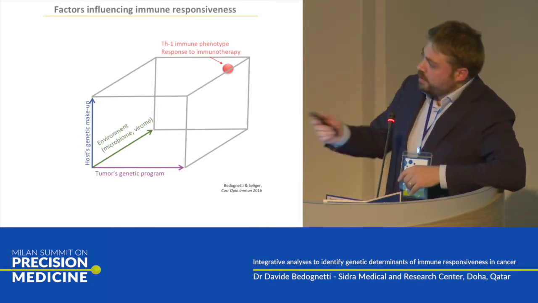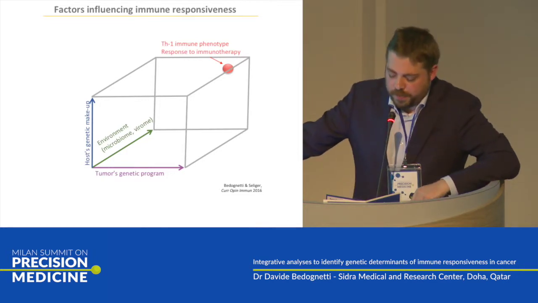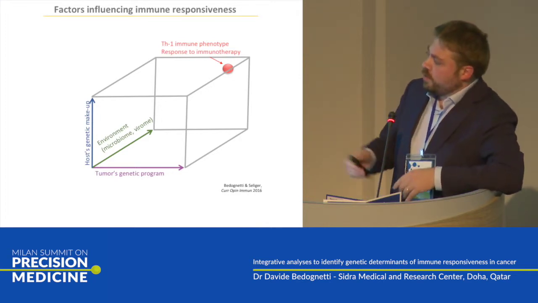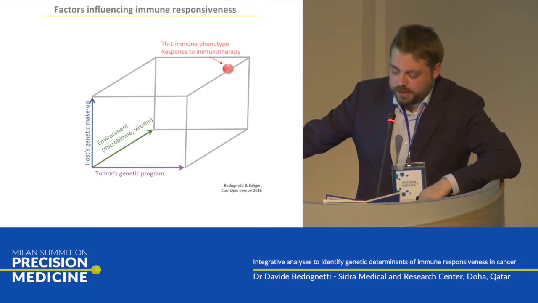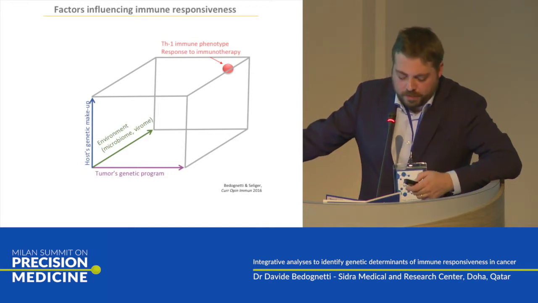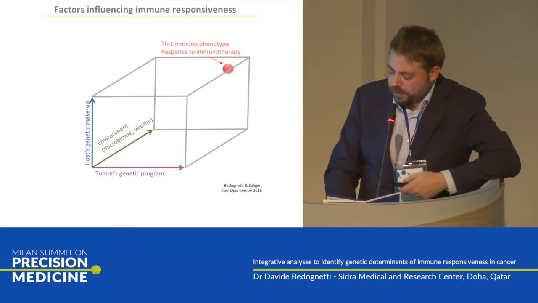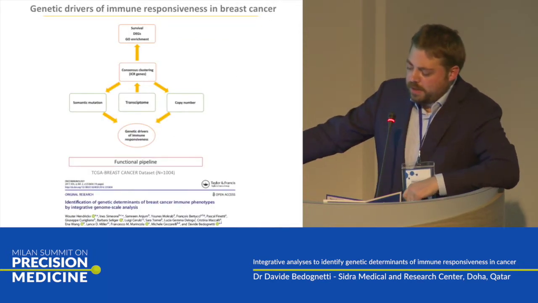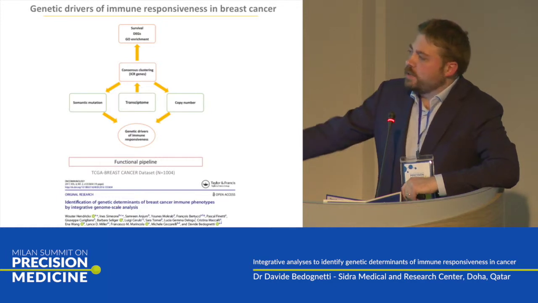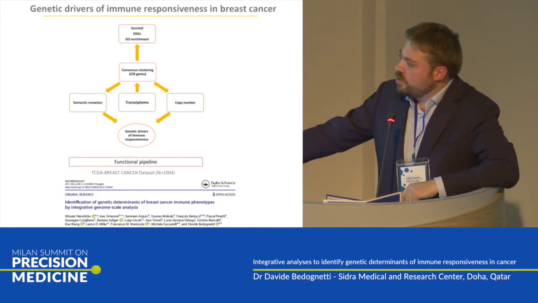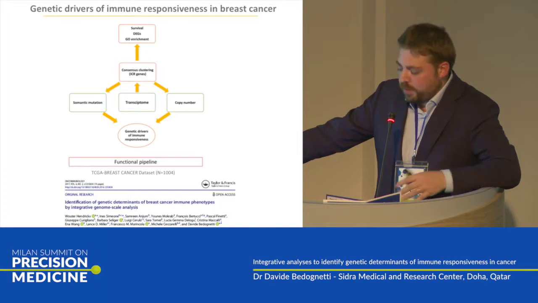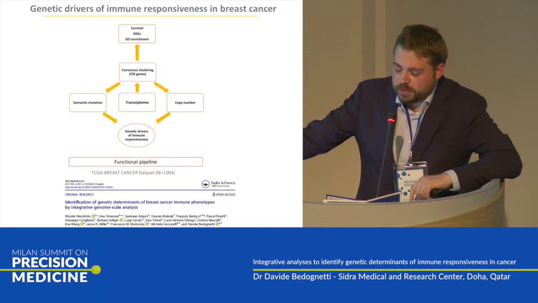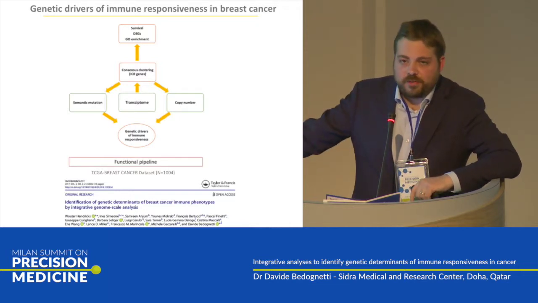The other is the genetic makeup of the host bearing the disease, and the third one is of course the intrinsic tumor genetic program. So we started to explore this third vector, the tumor genetic program, and to do so we mined a large data set represented by the TCGA collection. In particular, we focused on breast cancer, a tumor that is particularly refractory to